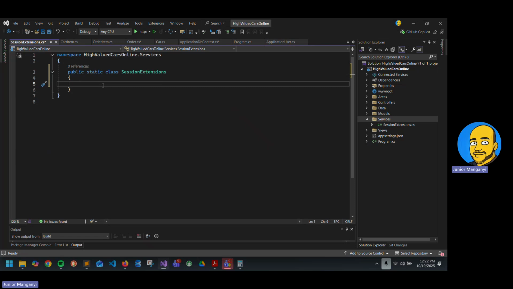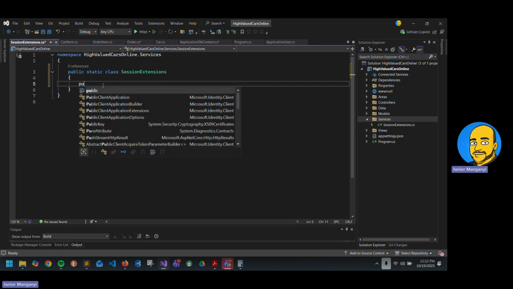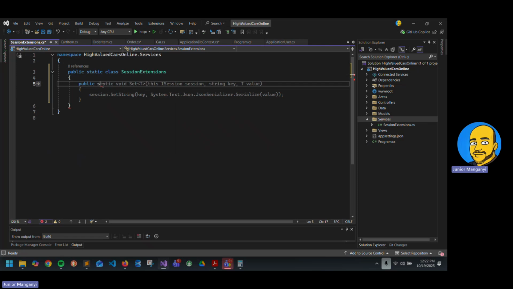So that is what I want to do. That is the first thing that I need to do. So with that explained, let me create this method, and that will be static void. And then I'm going to say set this object, right? And then this object